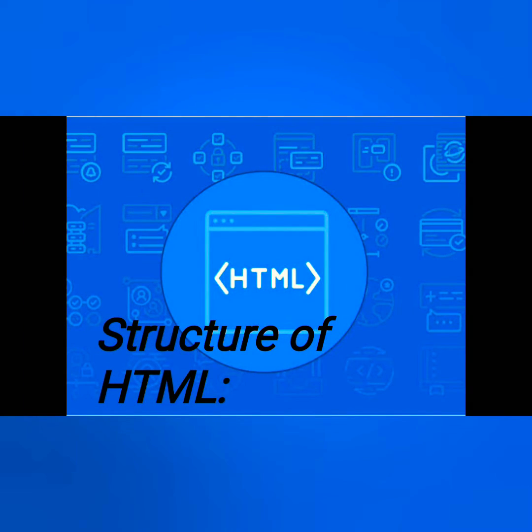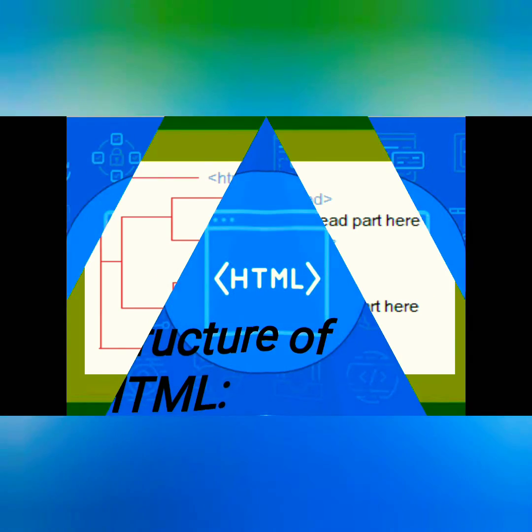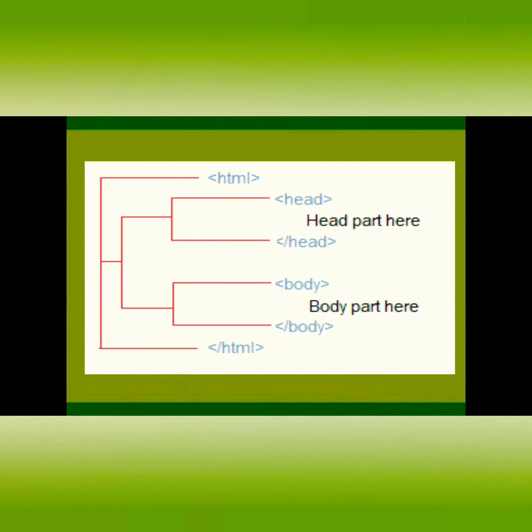Let us in short get to know about the structure of a HTML program. In HTML we commonly use tags. Here as you can see, HTML at the starting will be the starting tag, and at the end of the file you have an ending tag. For every ending tag you have a slash before the word of that particular tag. So the starting of a HTML file should start with HTML and end with /HTML.